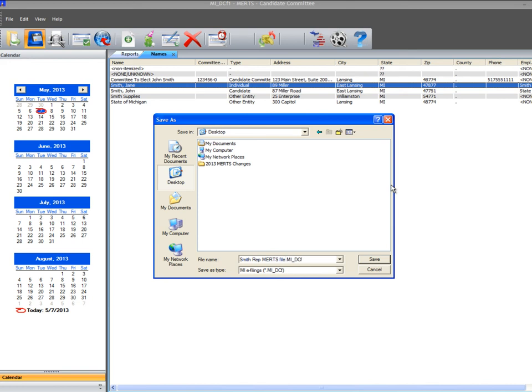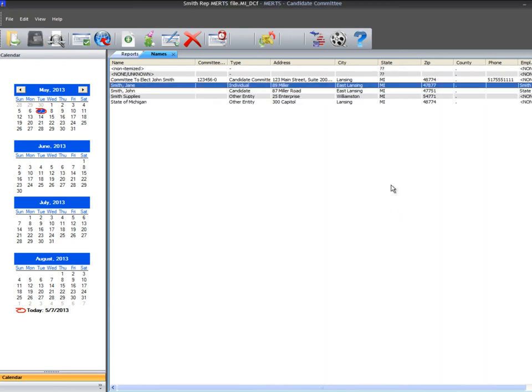This file can be saved on a PC or laptop hard drive. Be sure to always back up the file for safe keeping. It is recommended that the files not be saved on a network hard drive. The committee file is now saved and ready to use. To enter transactions, select the Transaction Guide icon from the toolbar. For additional assistance or assistance using the Transaction Guide, visit www.mertzplus.com.